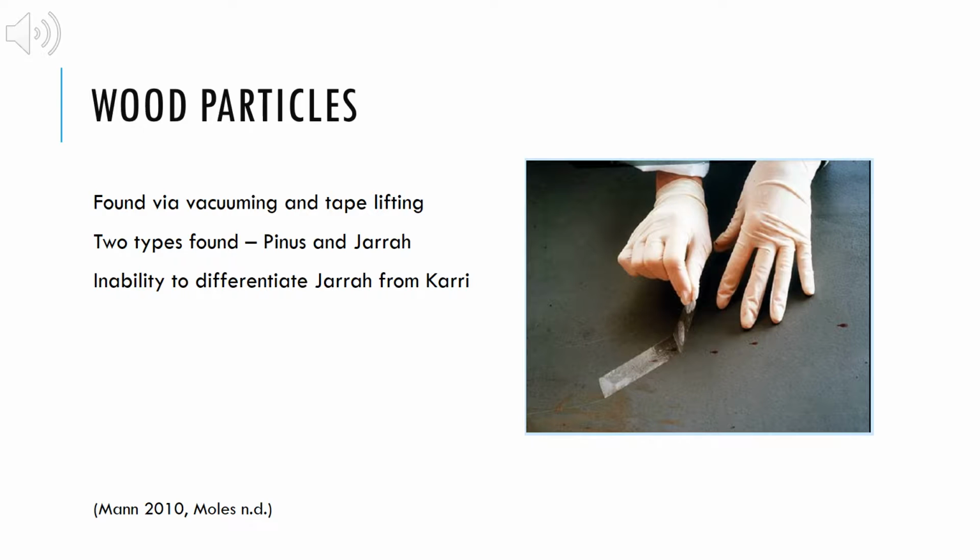The evidence presented to a jury would have been convincing to the unscientific mind, creating a biased opinion of the accused. However, during the re-evaluation, this interpretation of evidence was determined to be unscientific. The identification of the reddy brown wood particles as jarrah was not possible without a much more detailed analysis. Expert Dr. Heather stated that it was not possible to differentiate between jarrah and kari, making the prosecution's argument invalid.